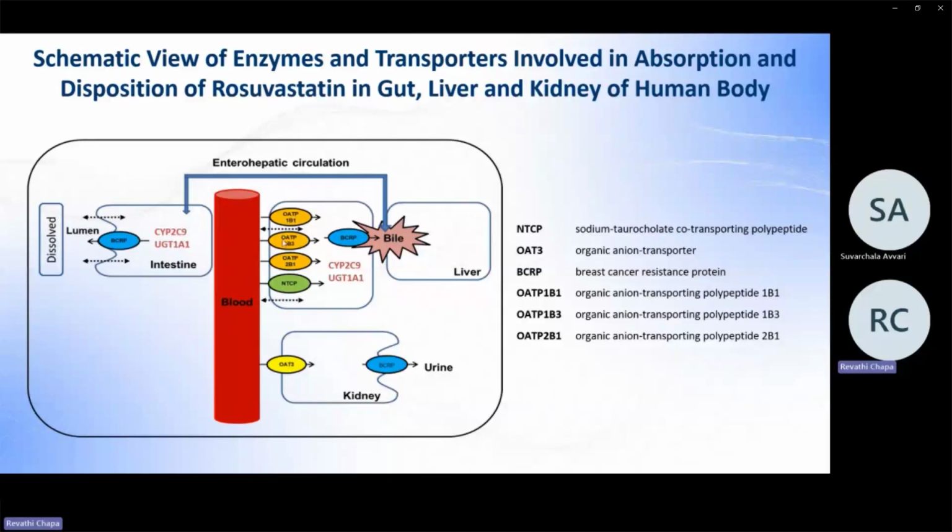So the major drivers for hepatic disposition are OATP1B1 and 1B3, which are the major drivers for the hepatic uptake, but there's also minimal contribution from OATP2B1 and NTCP. The way the FT is calculated for each of these transporters is based on an in vitro paper where they estimated the fraction transported by each of these transporters. There is also some percent of the compound that is eliminated renally, which is primarily mediated by OAT3 at the basolateral side and BCRP into the urine.